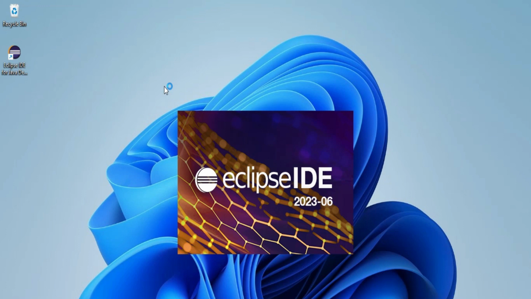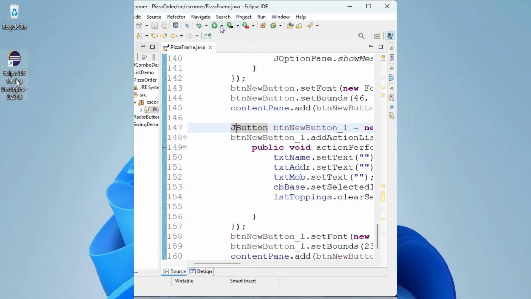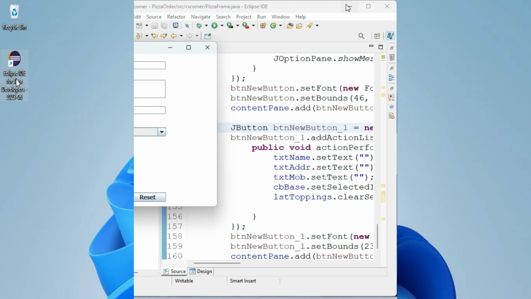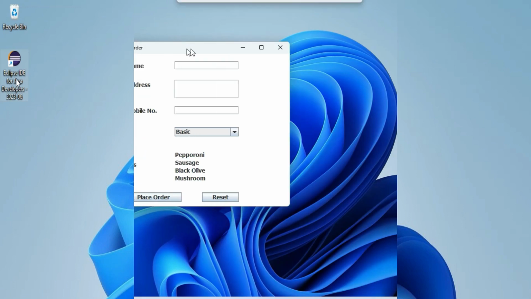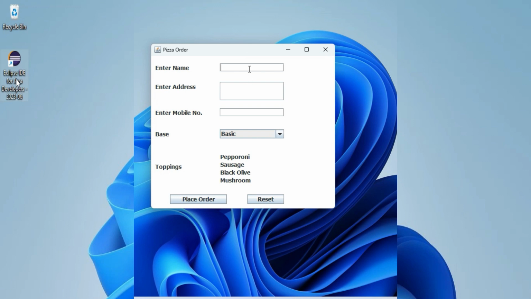In today's video, I'm going to create one Swing application where I will be using multiple controls of Swing. For example, text field, then text area, and I will be using combo box as well as list. So guys, I'm going to create a basic application related to pizza ordering where I will be taking various details